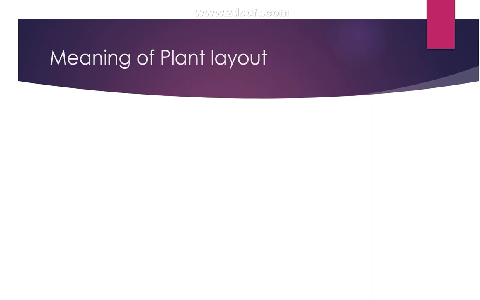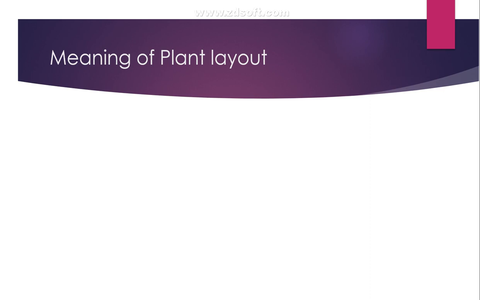Okay, in the last session we were discussing an overview of plant layout. What is plant layout all about? Prior to that, we discussed what plant location is, how we select a plant location, and what the methods are to select the right plant location. In the same way, it is very important to understand what plant layout is and how it helps us to be successful in terms of our production function.